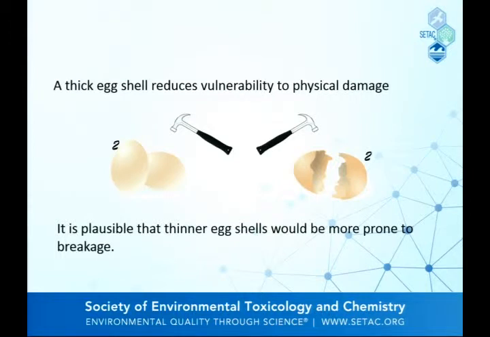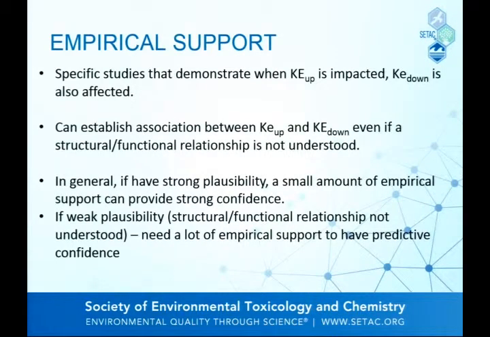Having that basic biological understanding really gives us an explanation for why we're seeing what we're seeing, which is incredibly compelling when it comes to weight of evidence for supporting a prediction. So it's an important part of evidence. But we'd also like to back it up with empirical support. We'd like to say, this is what I think would happen if I perturb the normal biology. Now let's see some data where I actually do that, and do I see those consequences or not? That's what we're really talking about with empirical support.